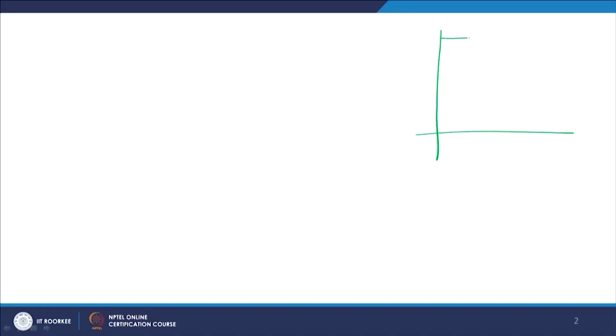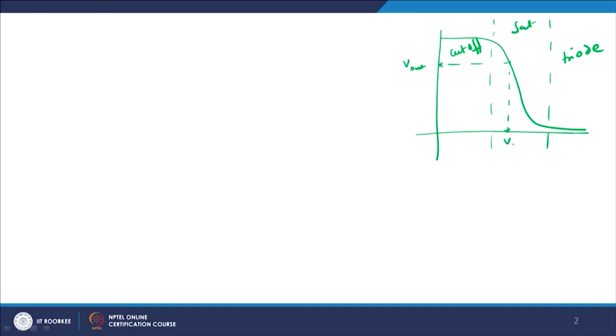We had actually seen that the gain depends upon the overdrive, and we saw from the previous turn that when the device is in the saturation region, you do have a profile here. If you look very carefully, this is the saturation region which we are talking about, this is the cutoff, this is your triode, and this is the saturation. So, if you bias your device somewhere here, with this to be V in and this to be V out,